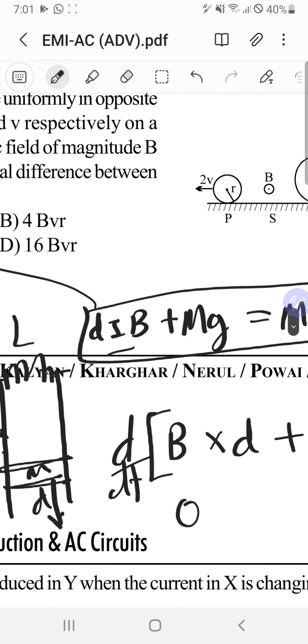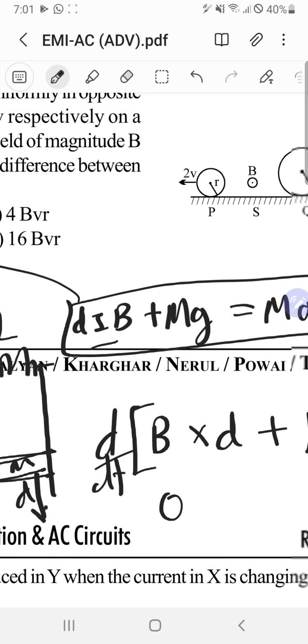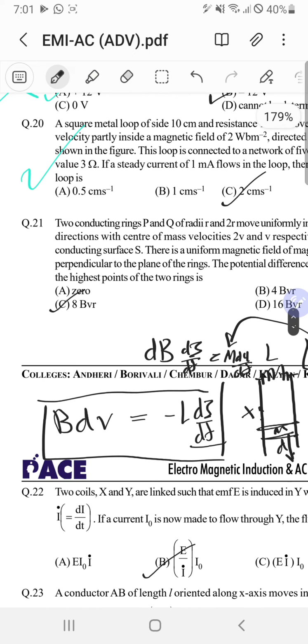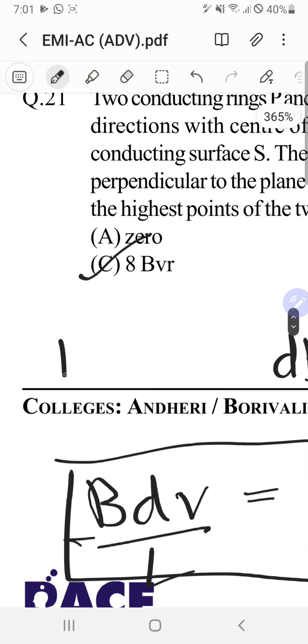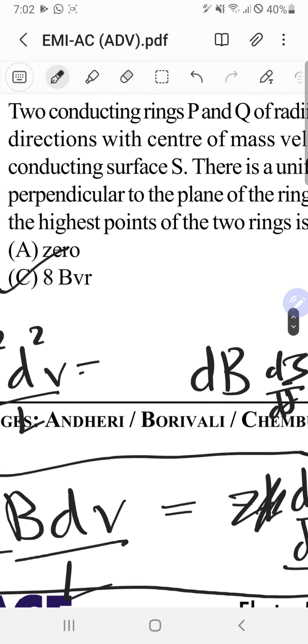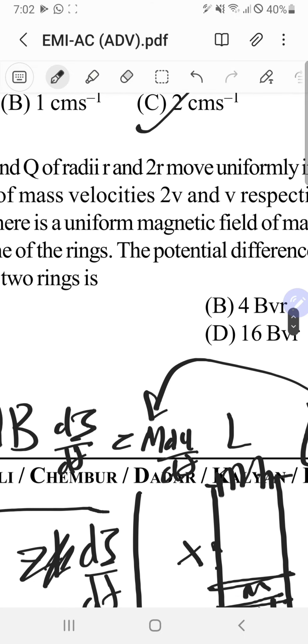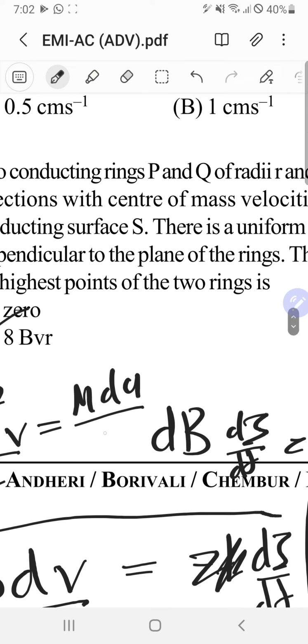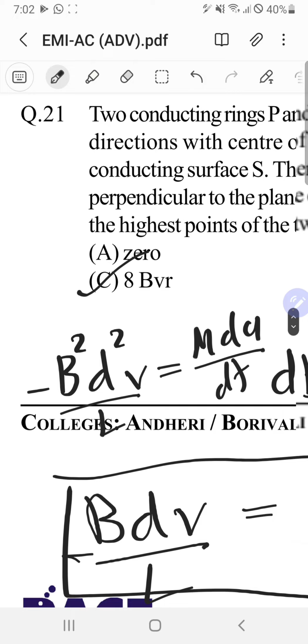m da by dt. Okay, da by dt. The first time I have seen this anywhere. Fine. Mg is just gone, so it's going to be m da by dt. Alright, cool. And we can put, okay, this goes over there. So di by dt is also this thing, so put that over there. P d and, oh, negative B squared d squared v upon l. Well, that's sweet. That's equal to m da by dt, right? And now we have successfully eliminated current from this thing, and we just got it in